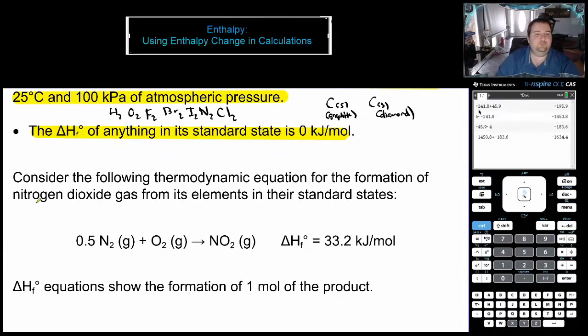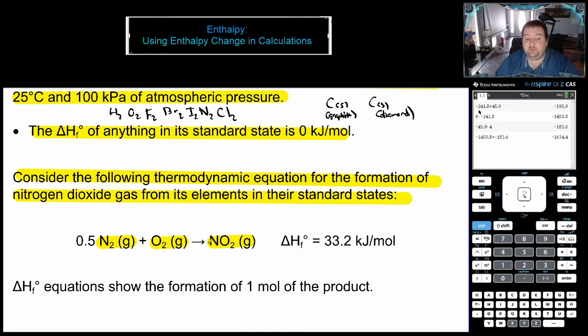So let's consider the following equation. We're going to be looking at nitrogen dioxide gas and how it's formed from its stable elements. So here's nitrogen dioxide gas. How would you make it from its elements? Well, we need to get a nitrogen from somewhere. What's the stable form of nitrogen? N2. We also need to get 2 oxygens from somewhere. What's the stable form of oxygen? O2. What's left to do is to balance it. So we have 2 oxygens on the left, 2 oxygens on the right. It's good. We have 1 nitrogen on the right, and 2 nitrogens on the left,